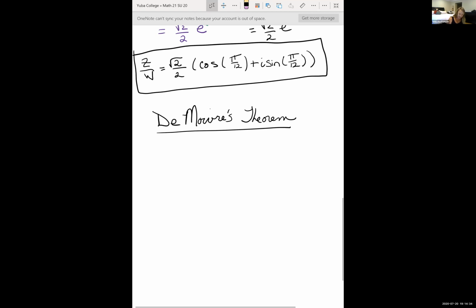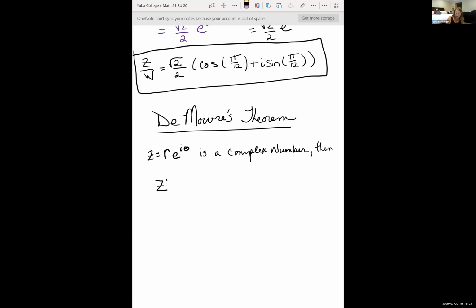So if you have r e to the i theta, oops, that's not his theorem, sorry. If z is equal to r e to the i theta, a complex number, so remember, real numbers are a subset of the complex numbers. So real numbers are actually complex numbers too. So if z equals r e to the i theta is a complex number, then if we raise z to the nth power,